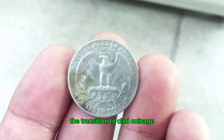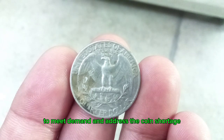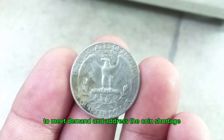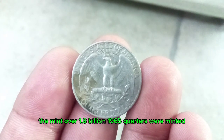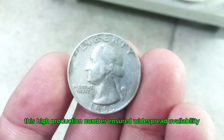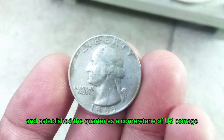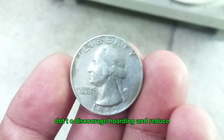The transition to clad coinage required significant changes at the U.S. Mint. To meet demand and address the coin shortage, over 1.8 billion 1965 quarters were minted. This high production number ensured widespread availability and established the quarter as a cornerstone of U.S. coinage. To discourage hoarding and reduce